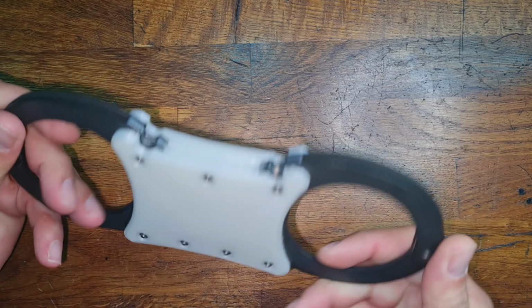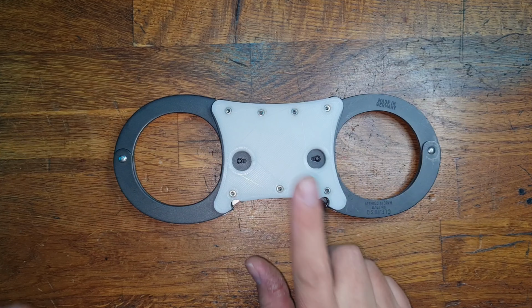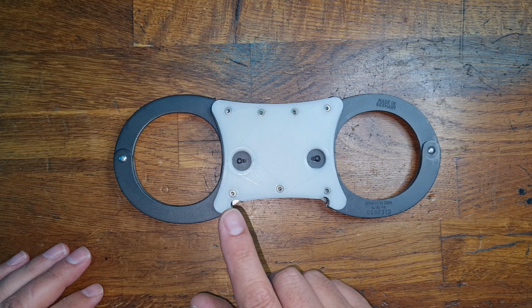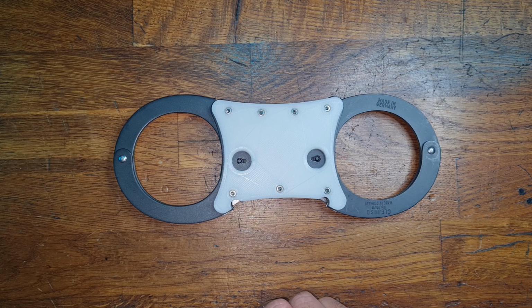Today we're looking at the custom Clejuso rigid designed by the bondage engineer, and as you can see, I've got it sporting a nice white PLA. That'll be important later. Last video I alluded to the fact that I was going to make a tool to get rid of the double lock and the single lock whilst having it in keyholes up. Well, whilst I did make that tool,